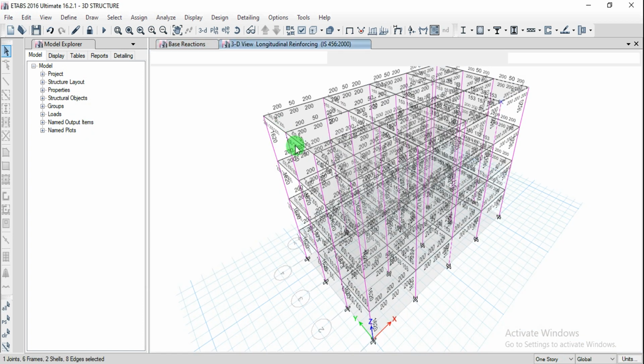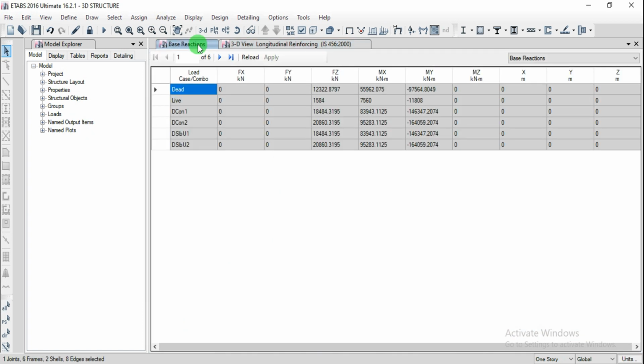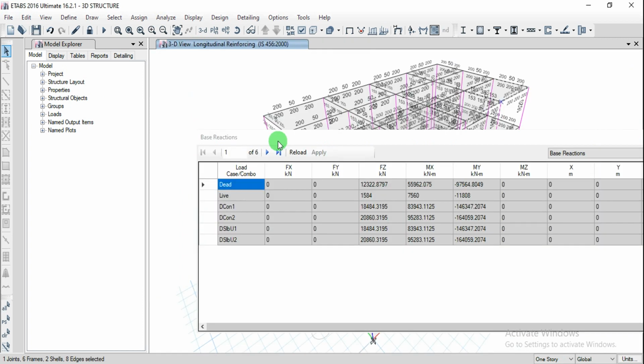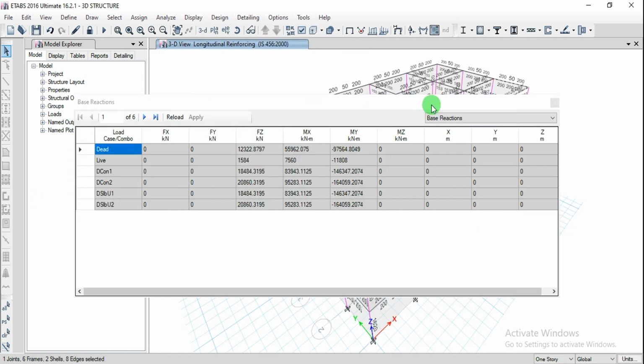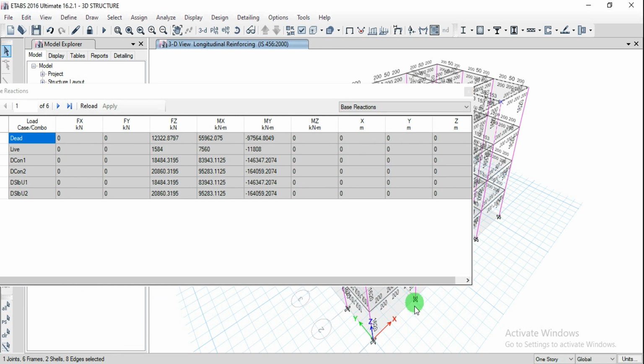Okay, Fz is representing the, so it has been placed here, I will just drag it onto the screen. So Fz is representing the vertical direction. Okay, so if you want to know the vertical reaction, you can go for Fz. Similarly, moments in x and y. Okay, so in this way we can tabulate the input or output, and we can interpret the results here. That is only for one story. Make sure that whatever story you want to show, just go for 3D view, or you can go for plan view, and you can adjust the required view, and you can see the tables like this. So this is all about the tabular data.